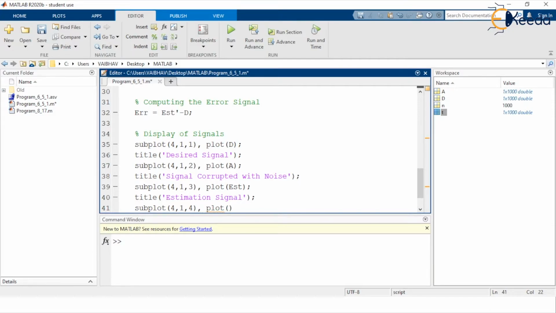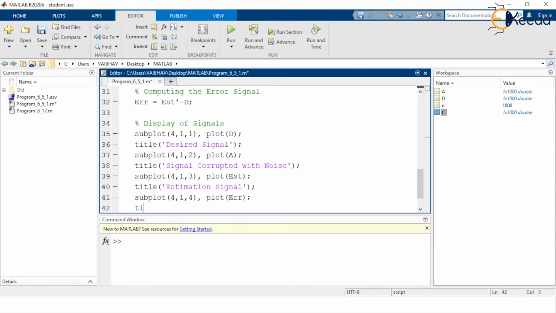I provide capital E small rr as the input argument, and for the title we provide simply error signal. This way the implementation of the LMS algorithm structure and the generation as well as the display of the input and output signals are completed.